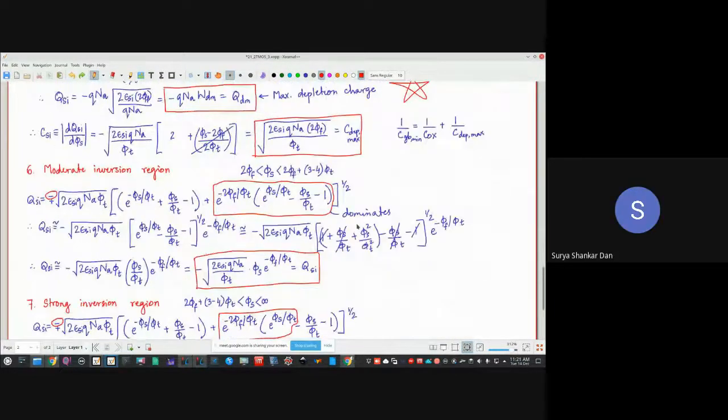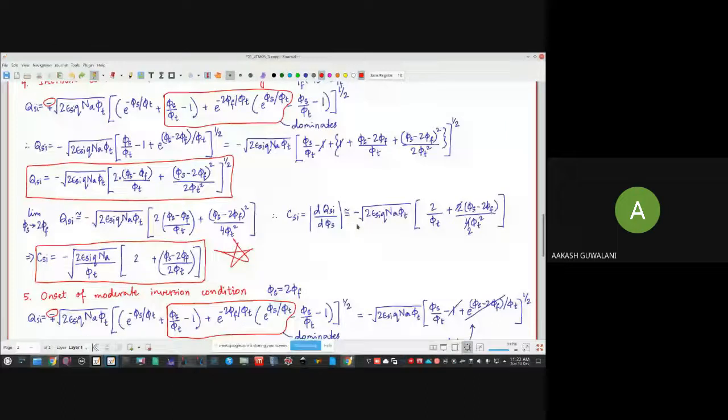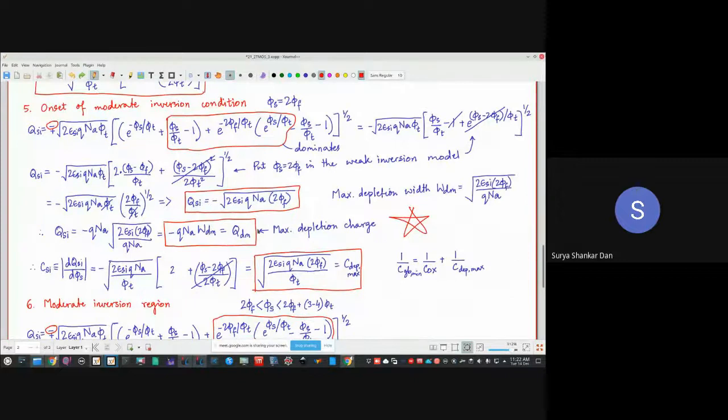Sir, in point 4, when we are applying the limit, in QSI there is a half power also, right? Means this whole term is also in the limit. This half will come here. I will look into this. I think I have made some calculation error over here. I'll have to look. I'll revise this and upload. Okay, this part, I think I made a mistake.